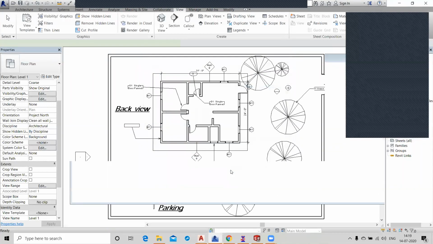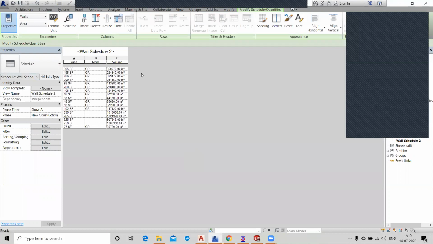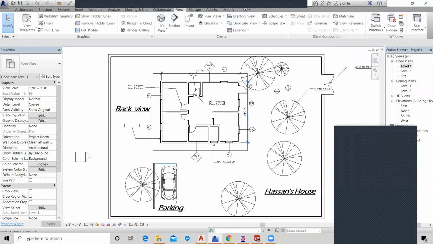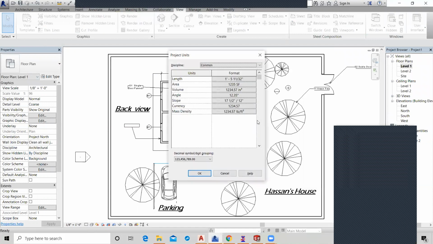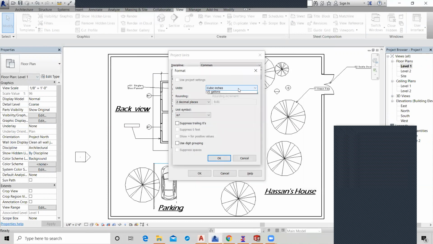So you just click on OK, and tap on Units. Click on your first floor, tap on Units, and the volume is in inches. Can you change it to cubic meters?